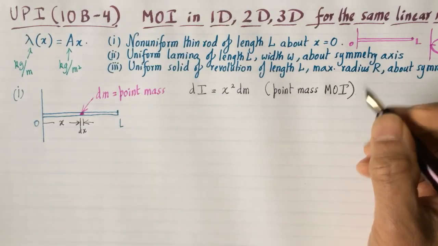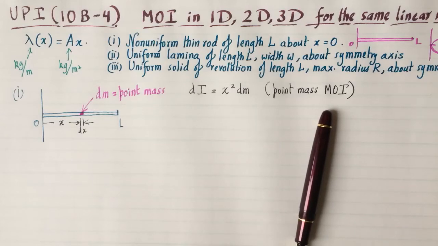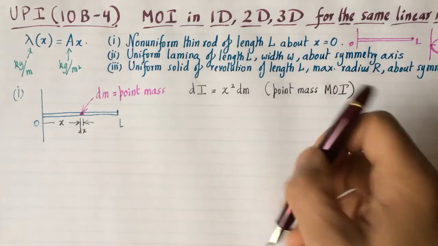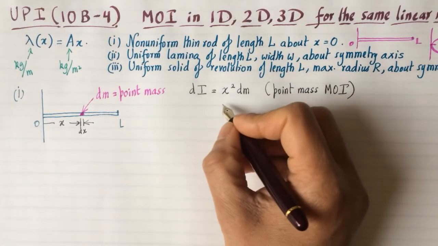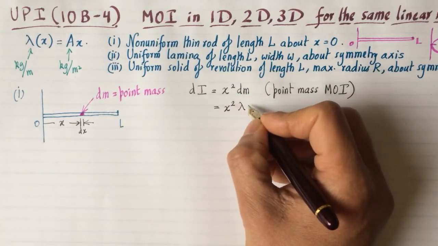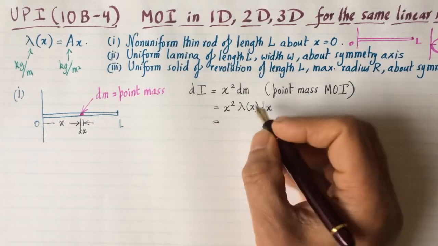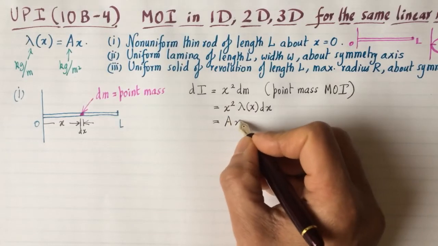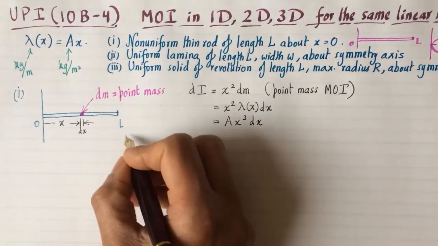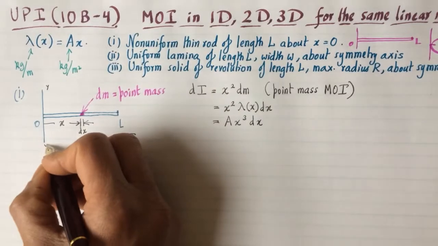Now, once we have that, we can find the moment of inertia by integrating. When I integrate from 0 to L, I get the full moment of inertia. Now let's put in what my dm is. Dm is lambda of x dx. And lambda of x is given to us to be ax, so that's going to be ax cubed dx. So the moment of inertia about the axis, which I'll call y prime,